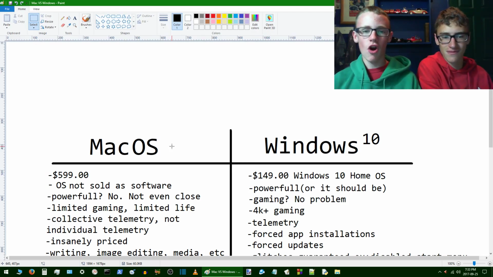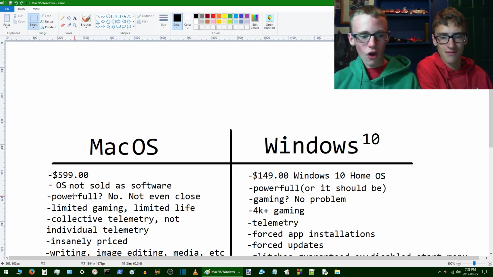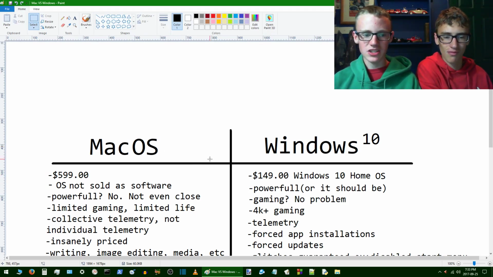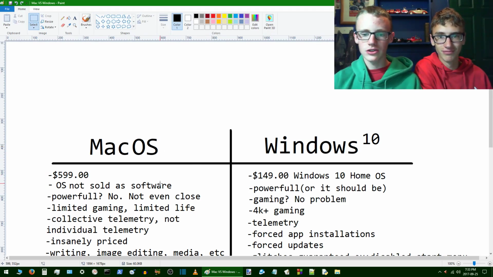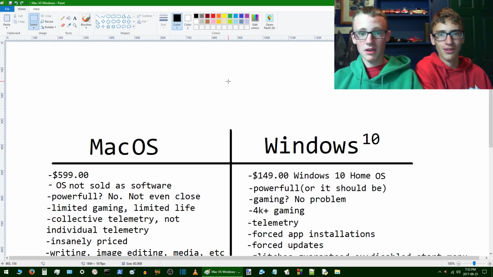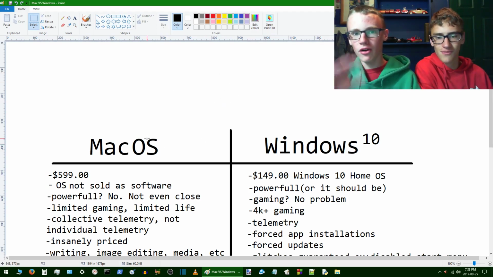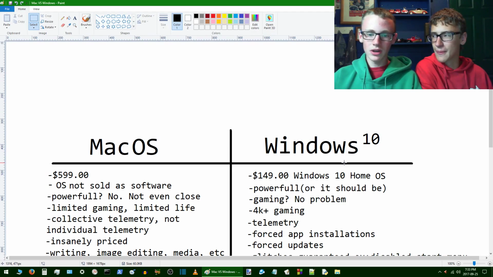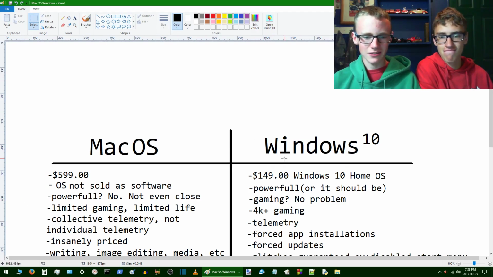Well, Apple makes it hard to go with a Mac because the operating system is not actually sold by itself. So you can't just go download it and then install it onto whatever machine you have. Like, let's say you have a super awesome machine and you really wanted to go with Mac. I mean, they make it hard to get it because you have to buy the hardware to get the software. Whereas with Windows, it's fairly easy to get if you've got $150 just kicking around.